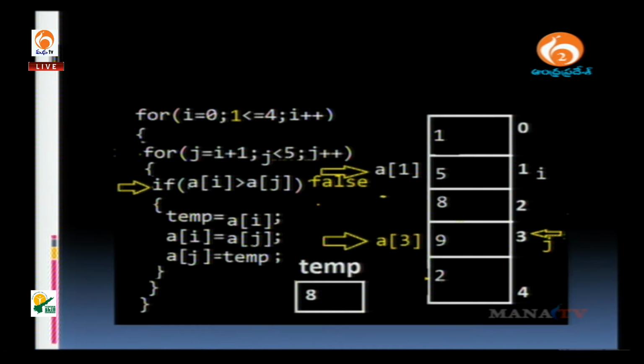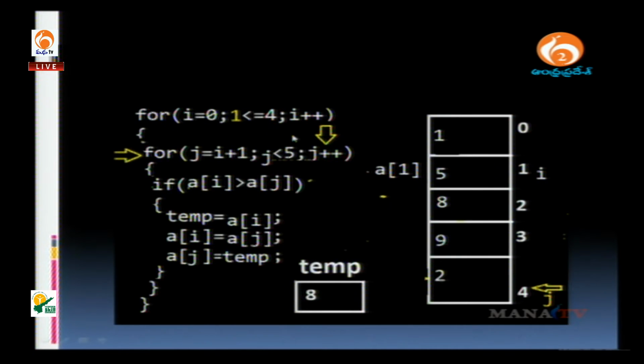a of i is greater than a of j. a of i means what here? 5. Is 5 greater than 9? Which is false. The condition becomes false. Whenever the condition becomes false, don't swap. Only if the condition becomes true, swap these values. So 5 is greater than 9 is false, so don't swap. Again the control moves to the next iteration,